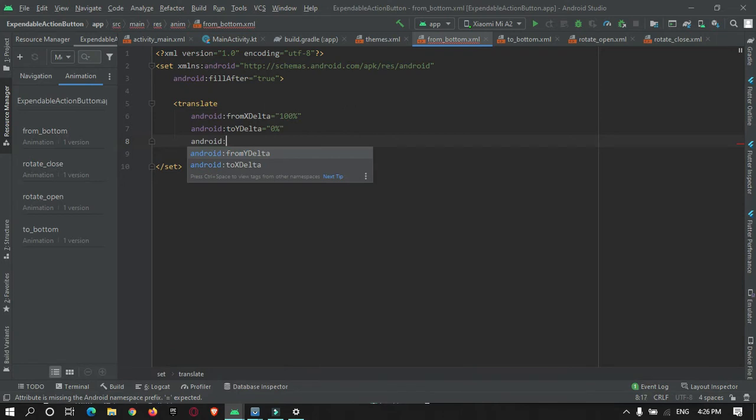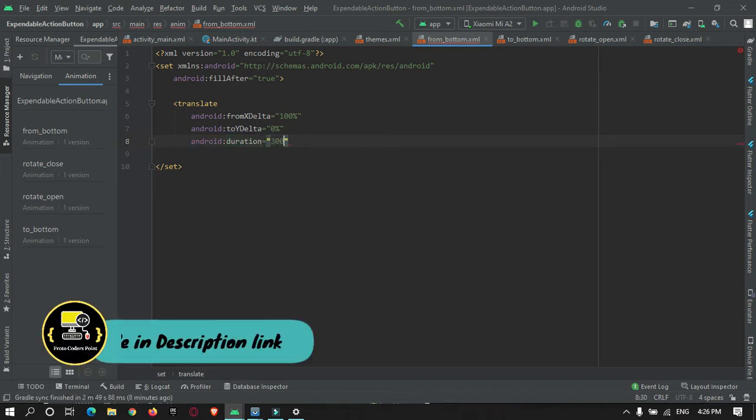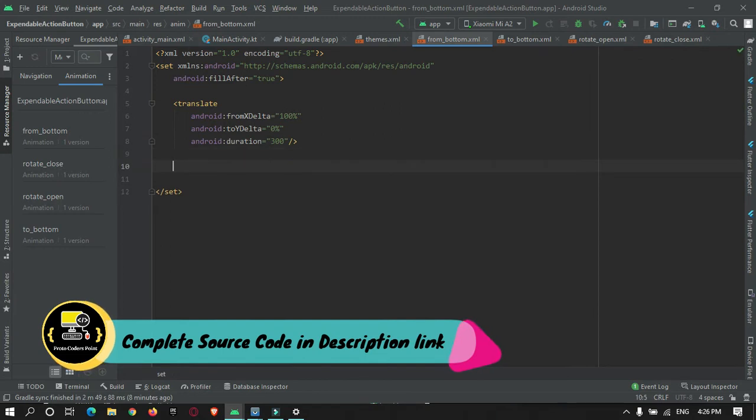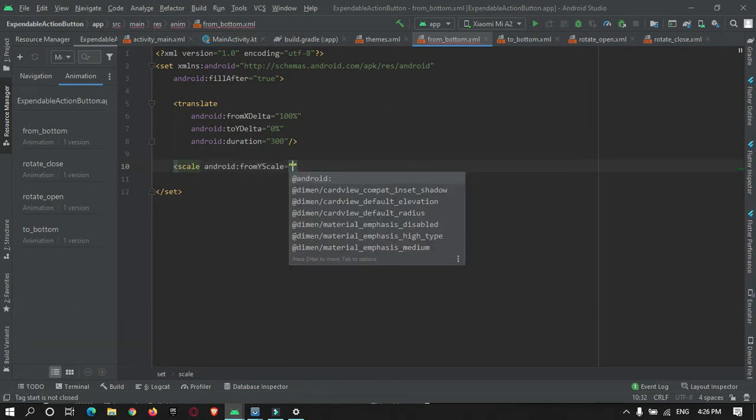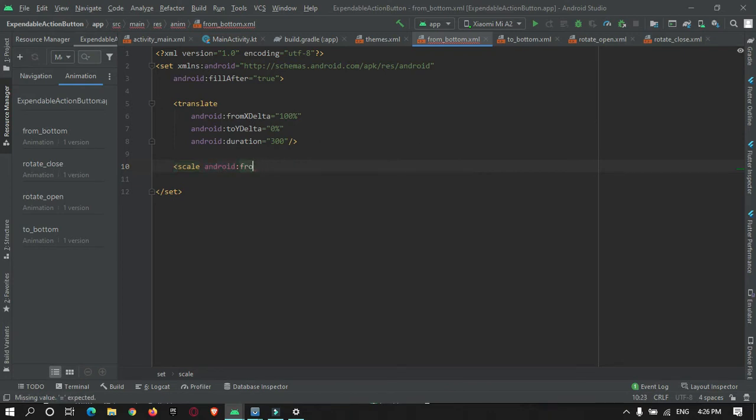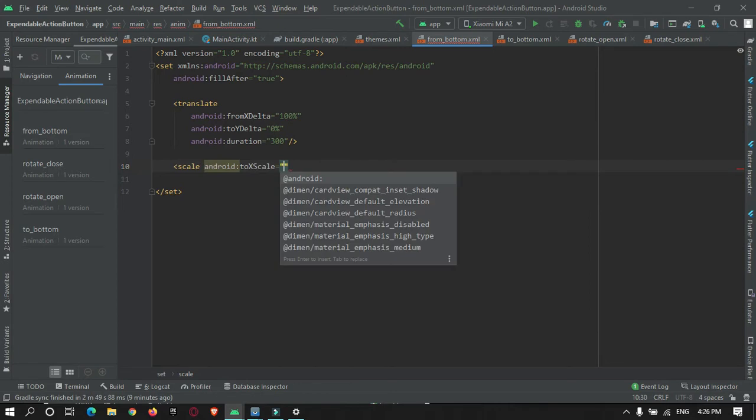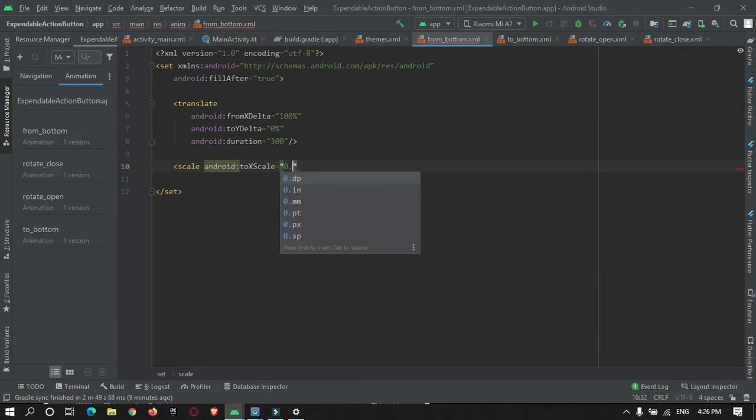For duration you need to type the whole word; I will give it as 3 milliseconds. The second parameter will be scale. The scale will be 0.8, I mean for the x-axis 0.8,